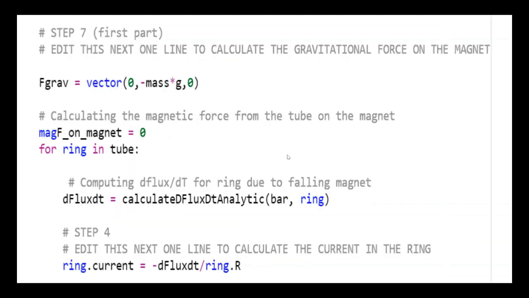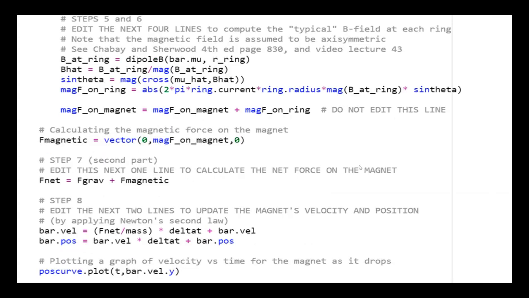The code in this slide shows how I calculated the gravitational force on the magnet, as well as the magnetic flux on a ring due to the magnet, and used that information to calculate the induced current in the aluminum tube. And in the final portion of the code for the computation model,